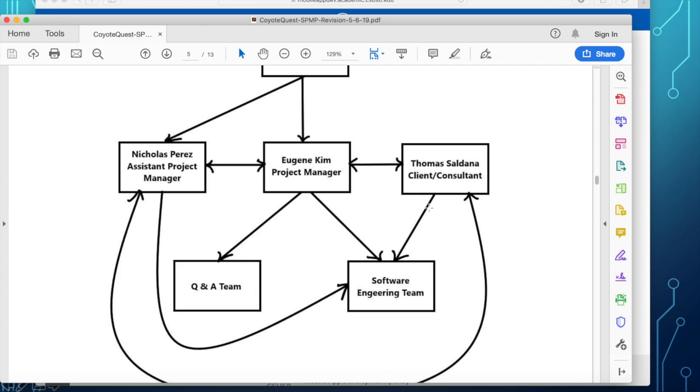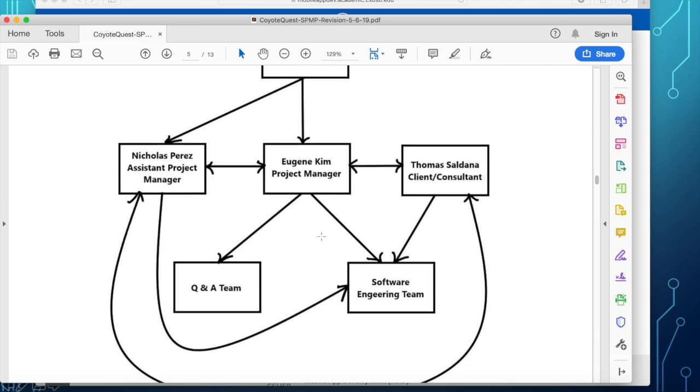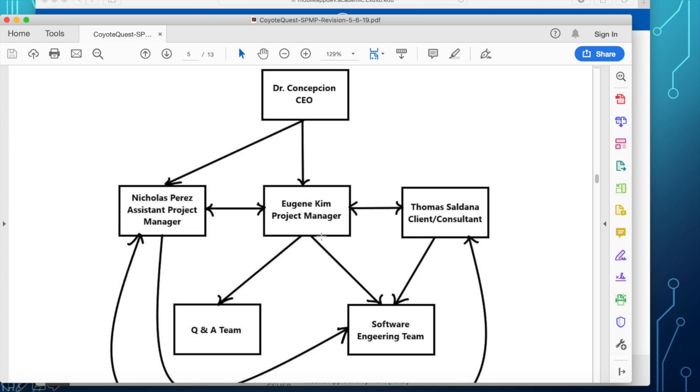I don't know if that is good. Although probably the interaction here is a consulting, or tutorials that the team needs. Okay, but this is externally how the team interacts with the external entities. Me, the QA team, and the client consultant.